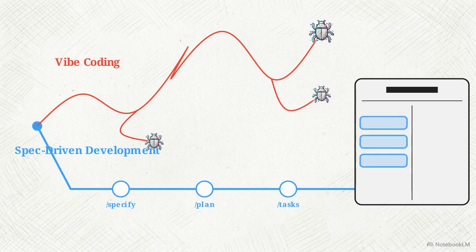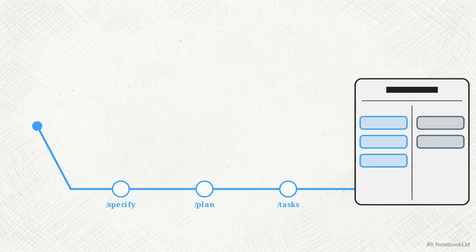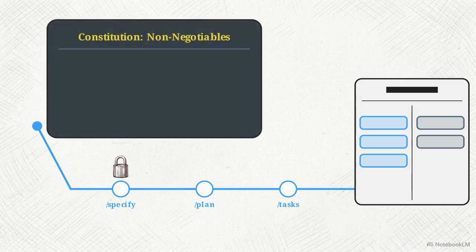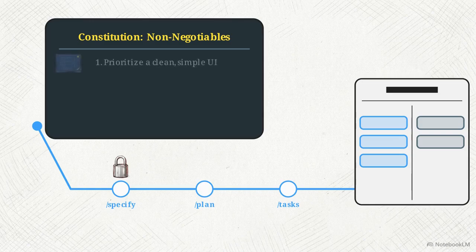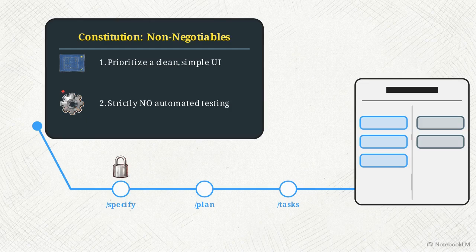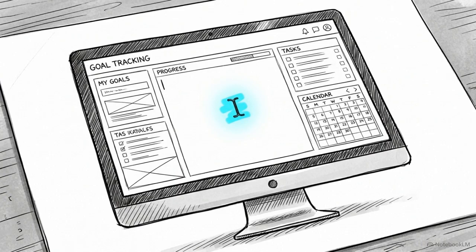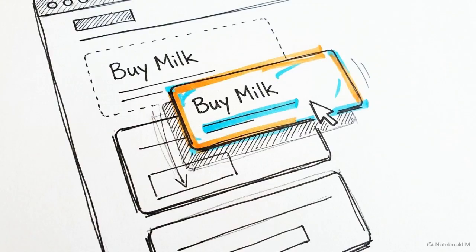We are going to apply that disciplined structure to an existing Next.js app, a simple goal tracker. We have already initialized SpecKit in our repository and locked down our founding rules inside a constitution file, represented by this padlock. That constitution tells the AI our non-negotiables, like insisting on a simple UI and strictly forbidding automated tests. With those ground rules set, our objective is highly specific. We need to add a feature allowing users to rearrange their goals by dragging and dropping them up and down